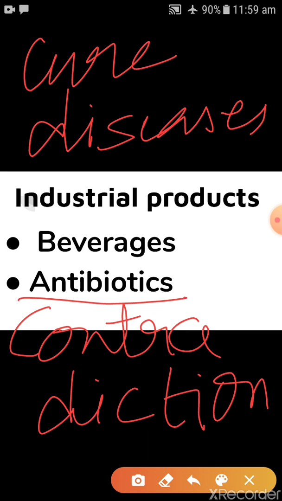So here is a contradiction that in the field of antibiotics, in the field of medicine, microbes behave with both personalities, harmful as well as friendly,